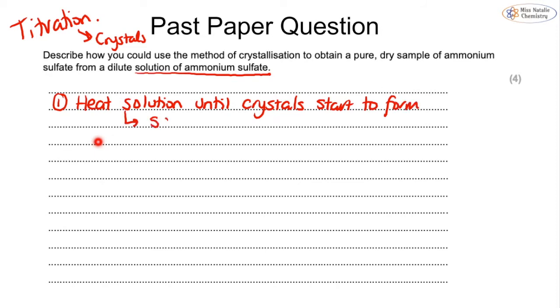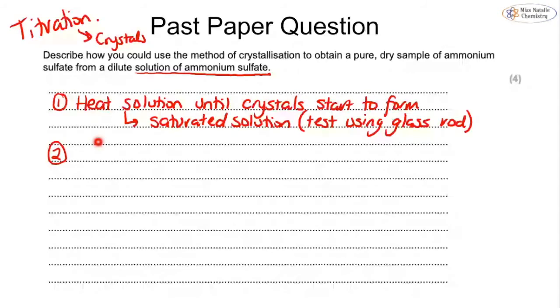And then this tells us that we have a saturated solution. And we can test this using a glass rod. So we can dip a glass rod into the solution, and once we remove it, if we see crystals forming, then we know we have a saturated solution. Once we have our saturated solution, we then cool